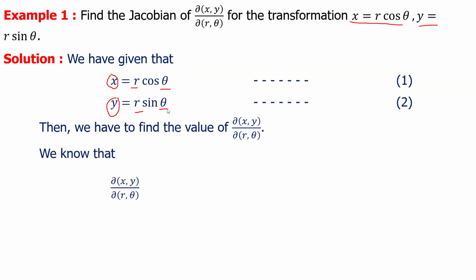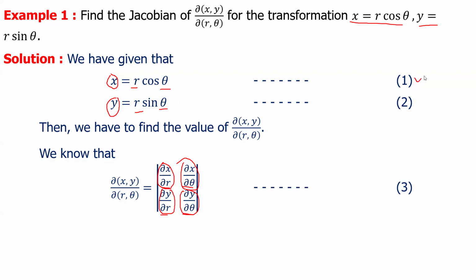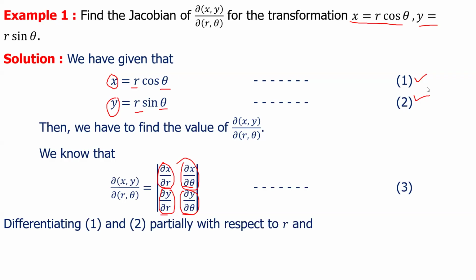We know that the Jacobian of xy with respect to r theta is the determinant of del x del r, del x del theta, del y del r, del y del theta. Now we want to find out the partial derivatives of x with respect to r, x with respect to theta, y with respect to r, and y with respect to theta using equations number 1 and 2. So differentiating 1 and 2 partially with respect to r and theta respectively, we have